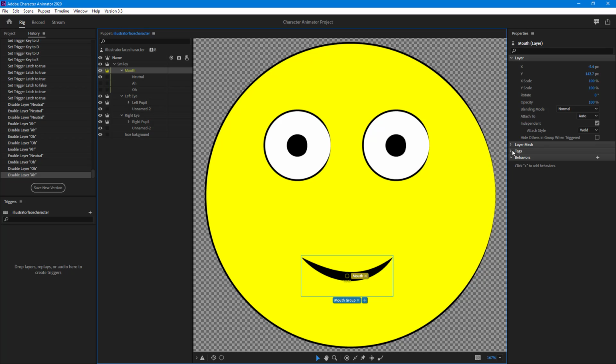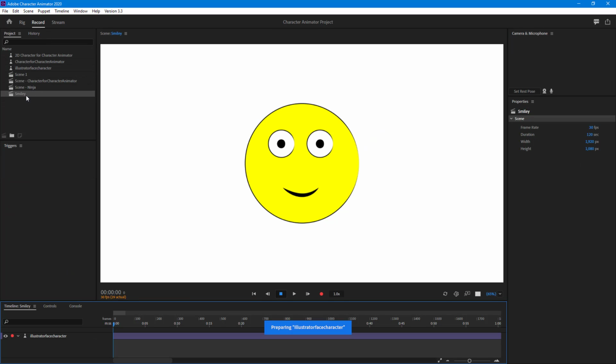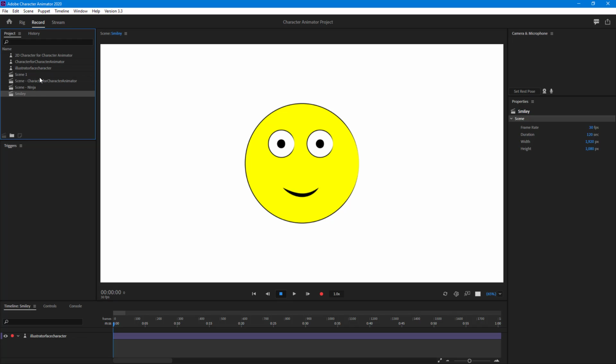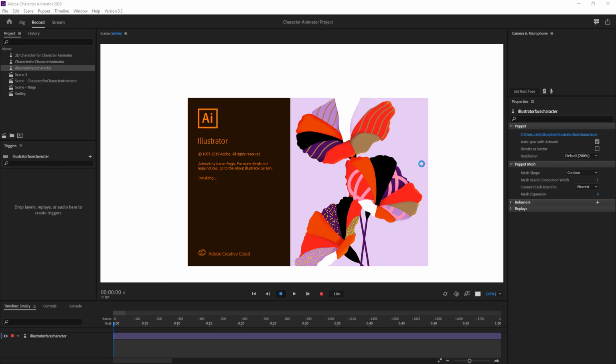I can select these things out right here and then see how they look. So we can see right here, there's the tag just for this one, as you can see. So in order to edit and add in more details, I can go over here onto the puppet section. So let me just go on to record, and then I'm going to select the Illustrator face character right here, which is the character where I have all of my lip sync stored. So I'm just going to right click and click on Edit Original right over there, and then it'll open up